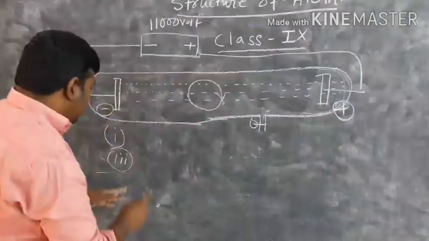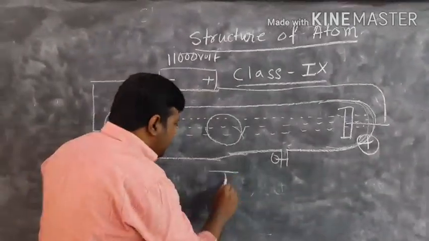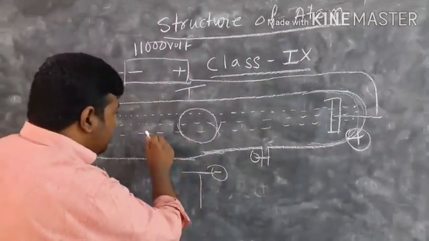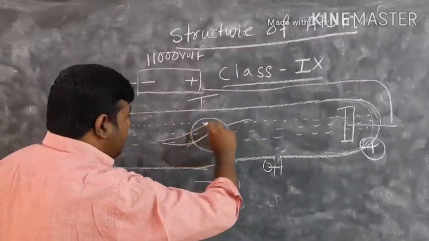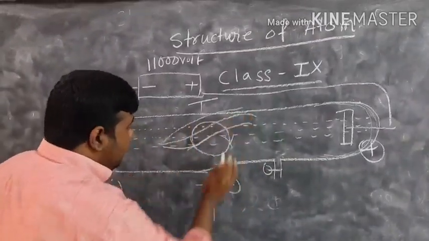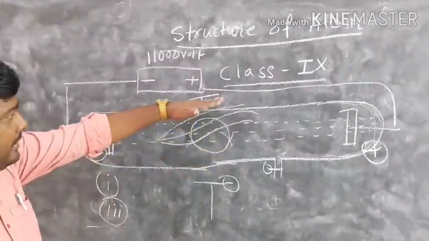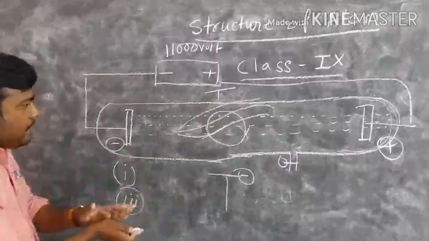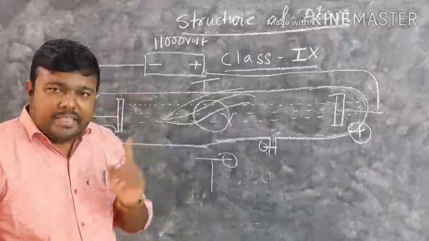So this confirms that the cathode ray is a negatively charged particle. Further, see, when it was placed in an electric field, it was coming towards the positive end, and it was found that instead of traveling in a straight line, it actually started to travel in a curved line, meaning it is getting repelled by the negative electrode and attracted by the positive electrode. In this way, the cathode ray properties were determined.